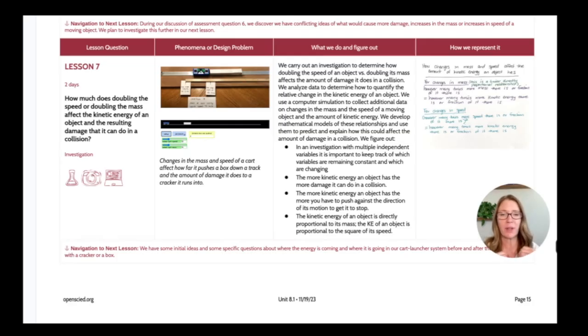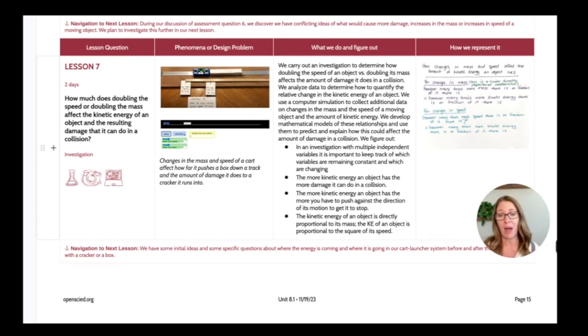So we are now really going deeper into the idea of kinetic energy. We started to touch on it in lesson 5 and 6, and now in lesson 7, we're going to go deeper into kinetic energy. We're going to be using the cart track system again. You can see that we will talk about how much doubling the speed or doubling the mass affects the kinetic energy. We're going to use an online simulation as well, and we're going to make some mathematical models to figure out the relationships between doubling the mass and doubling the speed to the